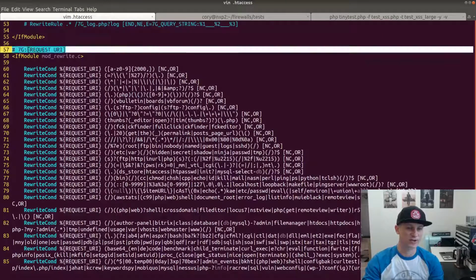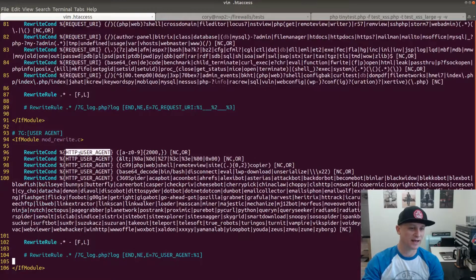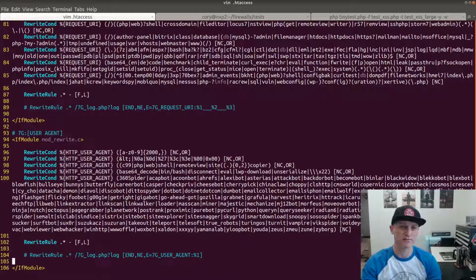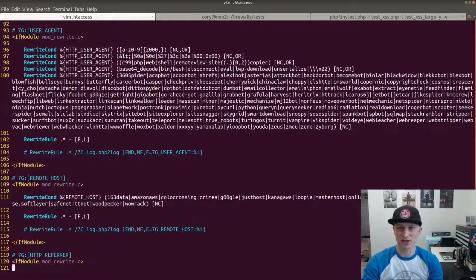He has the request URI, which is the path components inside the URL, and he has rules looking at the user agent. Some bots might report themselves as a bot. For instance, Googlebot, when it's crawling your website, has Googlebot in the user agent. If you're using Firefox, you get Firefox in there, same with Chrome and Microsoft Edge. But this is really easy to change. So anyone who's doing an actual attack on your website is probably not going to be listing their user agent as choppy or query seeker or purebot or any of these other things that are blocked, like MS mass scan,